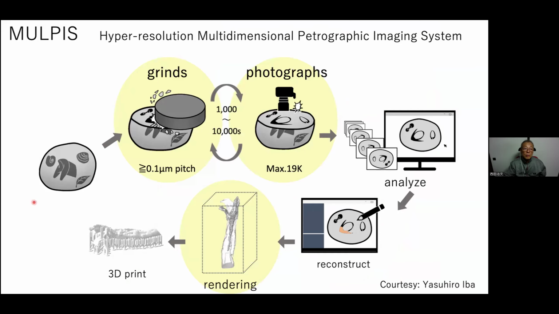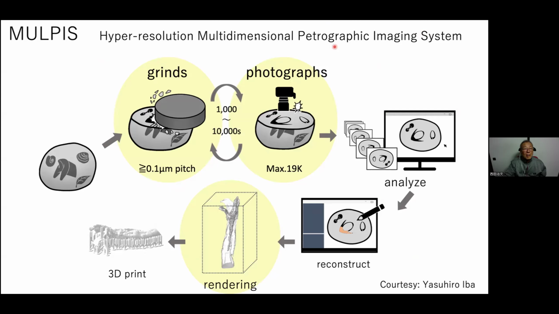And we also use a different method to make the images of the rest of the specimen that I found. Because I made serial sections of nearly 100 slides, and there are some other parts left in the rock. So for this structure, we used Malpis. This is a new method that we call Malpis. The name is shown on the right side.